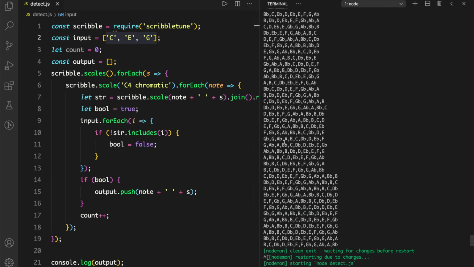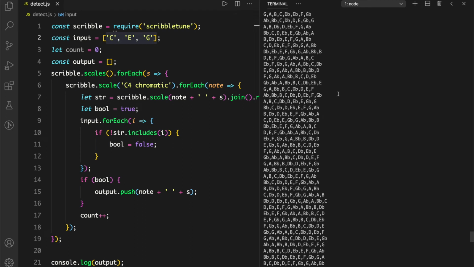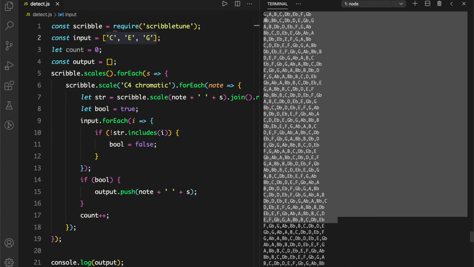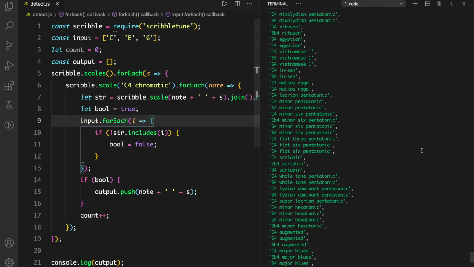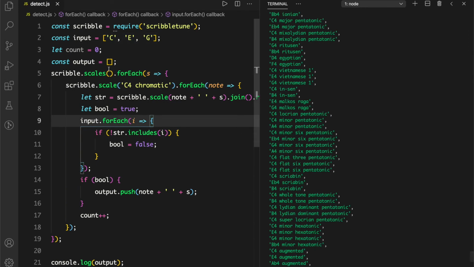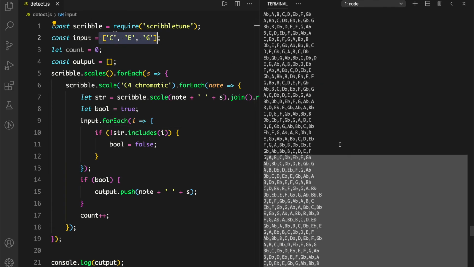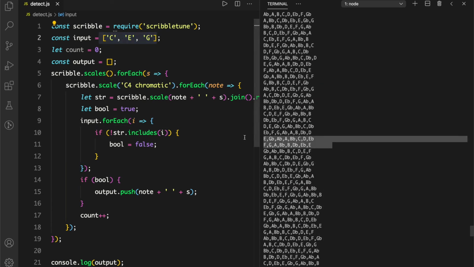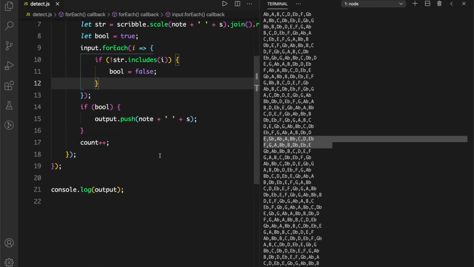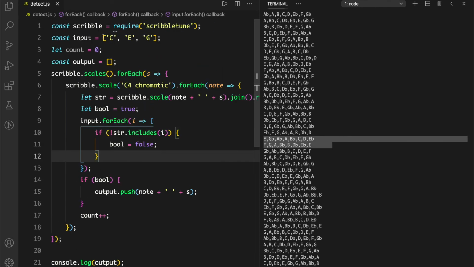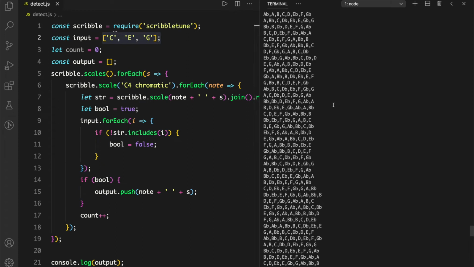There is this set of notes, there is this set of scales, and we need to generate a set of scales for each of the notes in the chromatic scale, and that's like a pre-processing step. Then whenever the input comes in, we iterate over that input against each of these just to see if we have the input notes within a particular array.